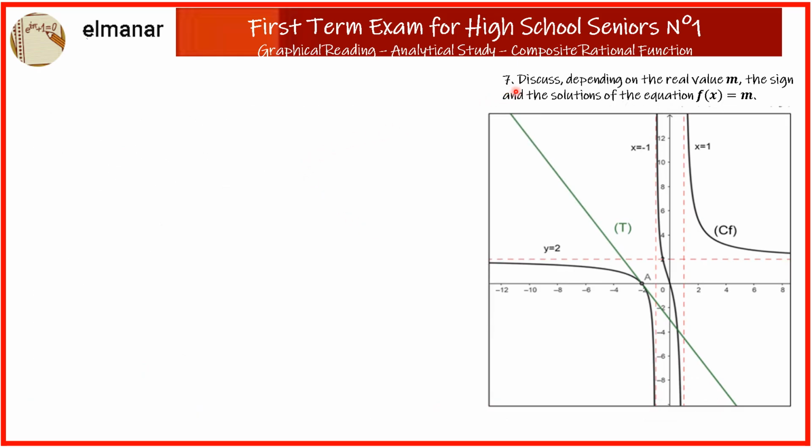Question 7. Solving the equation f(x) = m. The goal of this question is to solve using a graphical approach. The function f takes on a value equal to a constant m. To find the solutions, we look for the horizontal positions where the curve representing the function f intersects with the